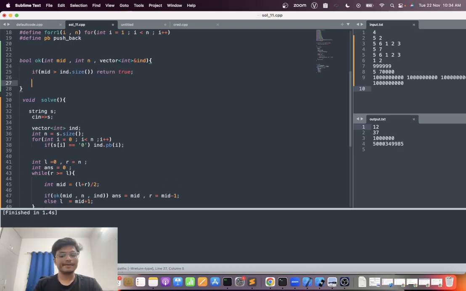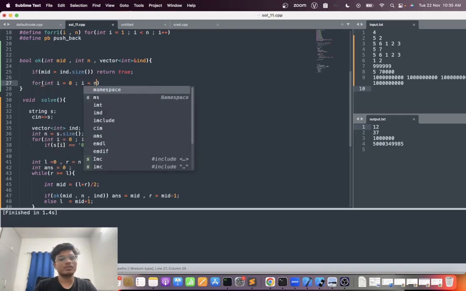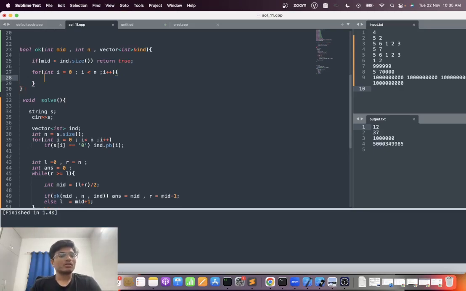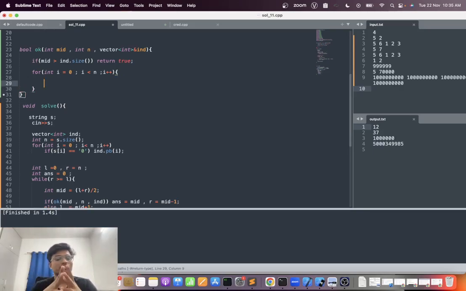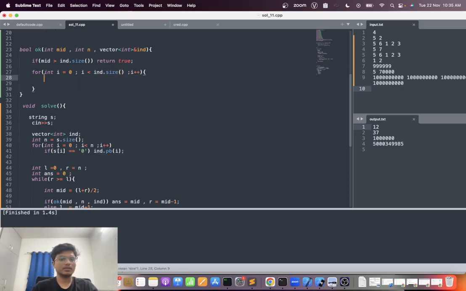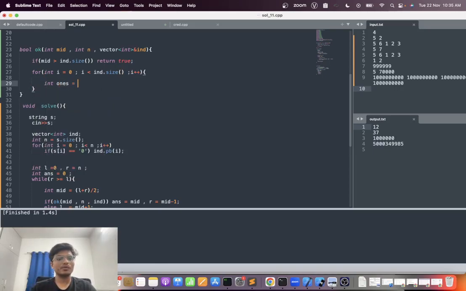Okay, now I need to say if it is possible or not. For int i equal to 0, i less than n, i plus plus. Okay, so how many ones do I need, k? I'm just checking for this point mid, and I'm going to say int dot size. Okay, so the total number of ones that are removed is equal to,